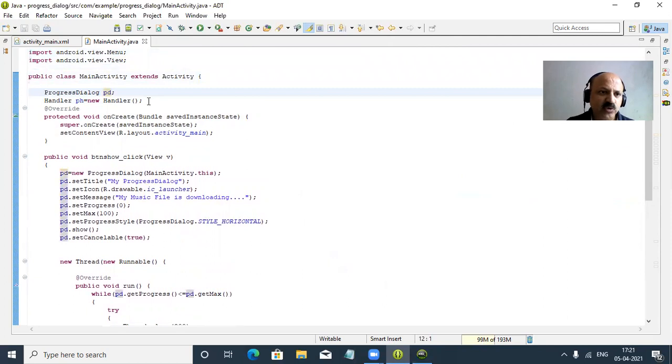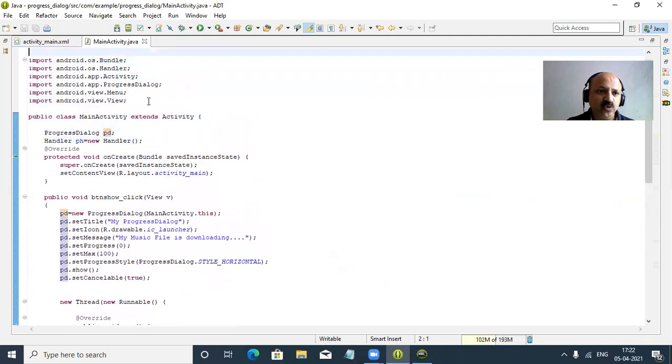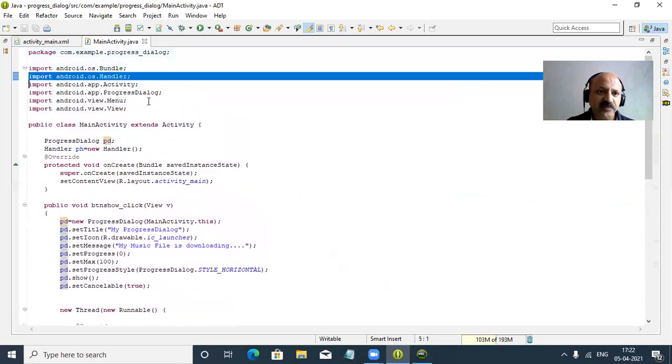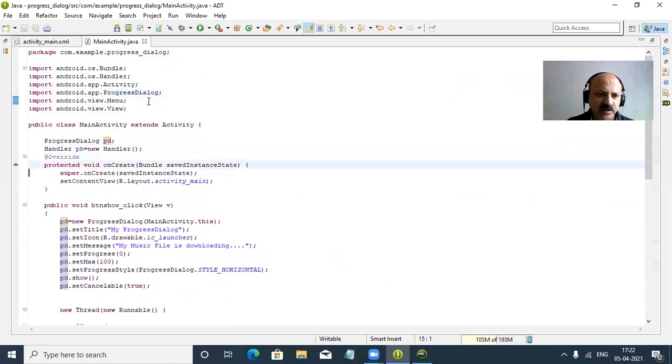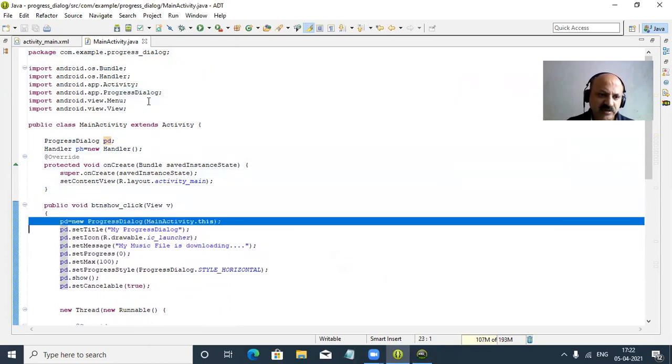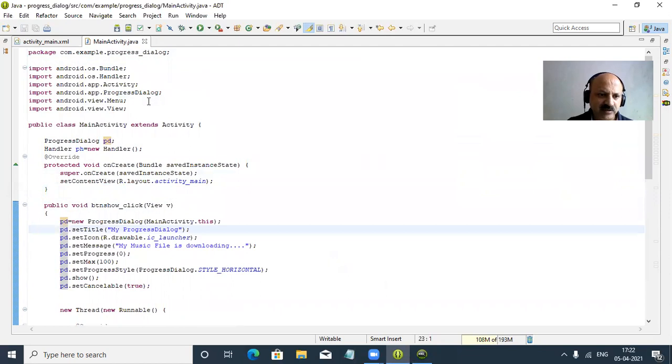So yes, you can look that our code is very simple. I just summarize. So we have the progress dialog box PD and handler PH. We can say that it is from the OS package, and the app package, android.app.ProgressDialog. First we allocate memory using new to create the object, and in the main activity we set title, set icon, set message, set progress 0, set max 100, set progress style.